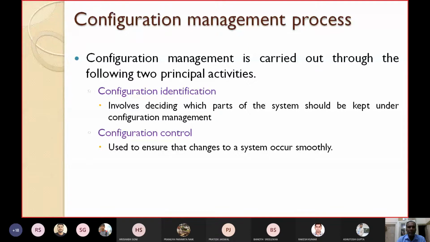Once this is done, then you should go for configuration control. This process is used to ensure that the changes made to a system occur smoothly, with no hassle.